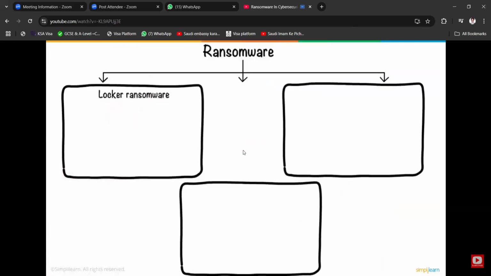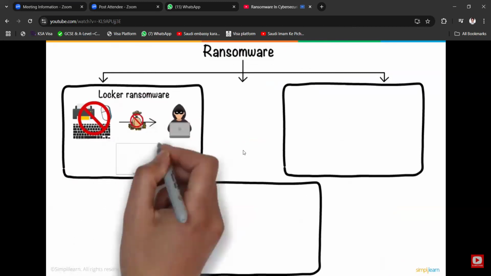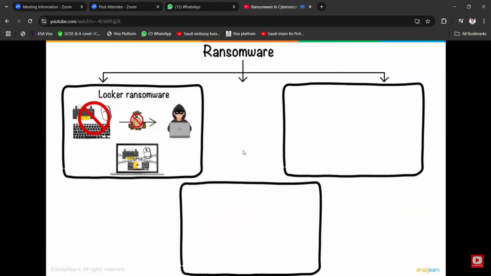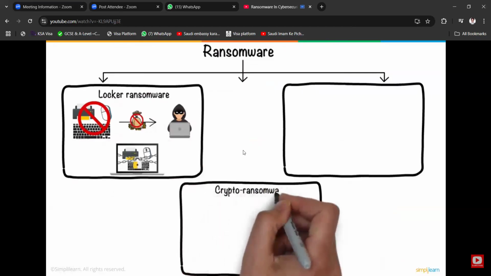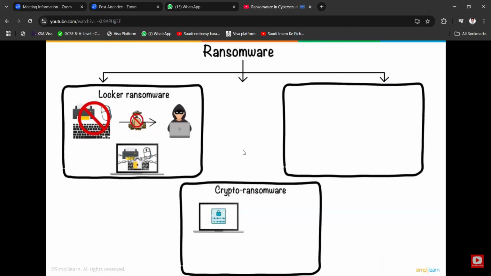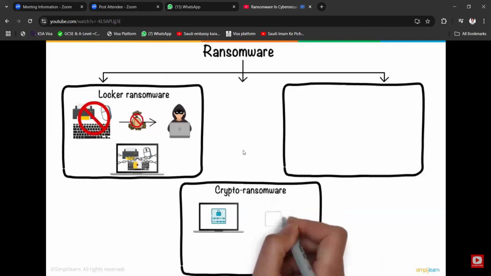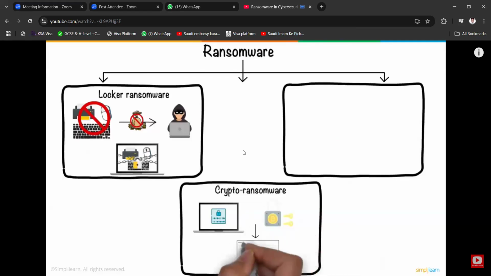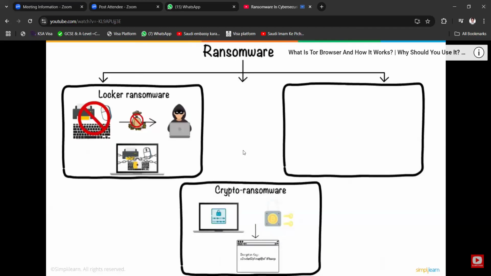First, we have locker ransomware, which is a type of malware that blocks standard computer functions from being accessed until the payment to the hackers is complete. It shows a lock screen that doesn't allow the victim to use the computer for even basic purposes. Another type is crypto ransomware, which encrypts the local files and documents in the computers. Once the files are encrypted, finding the decryption key is impossible unless the ransomware variant is old and the keys are already available on the internet.